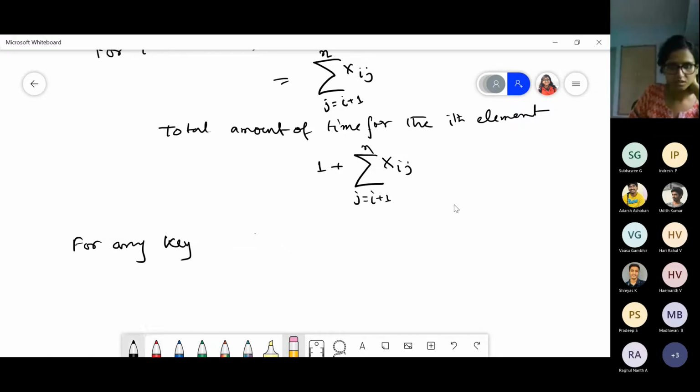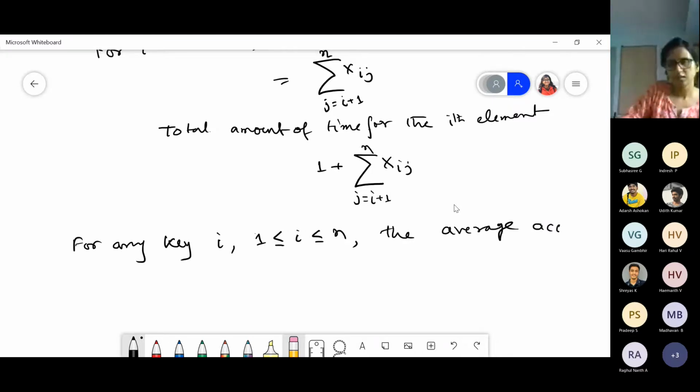For any key i, 1 less than or equal to i less than or equal to n, the average access time will be, if I am taking the average, I have to divide by n.